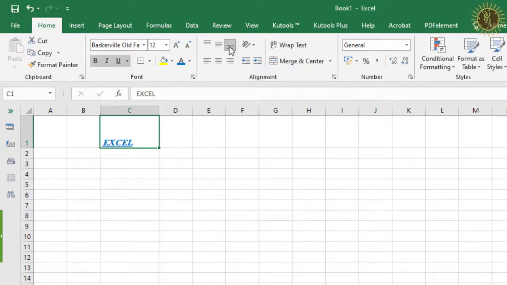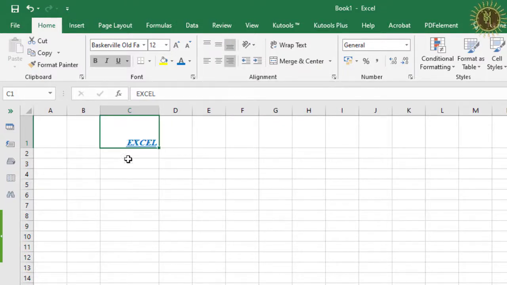Then alignment left, to set the text on the left side. This is already on the left side. And after that, center alignment. This is the center alignment button to set the text in the center of the cell. So you can see this is set to the center,